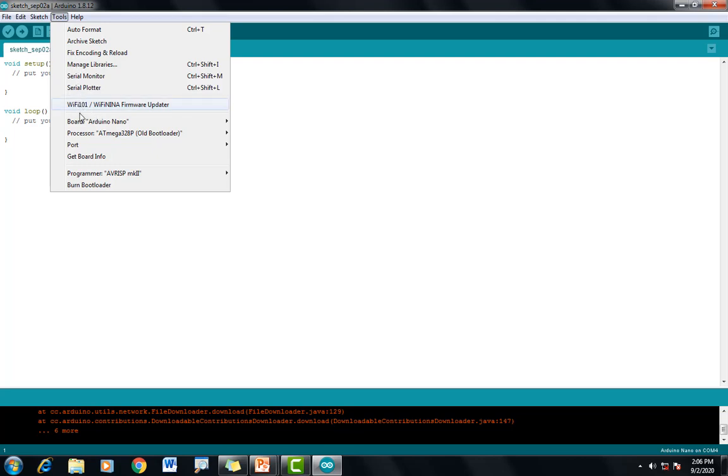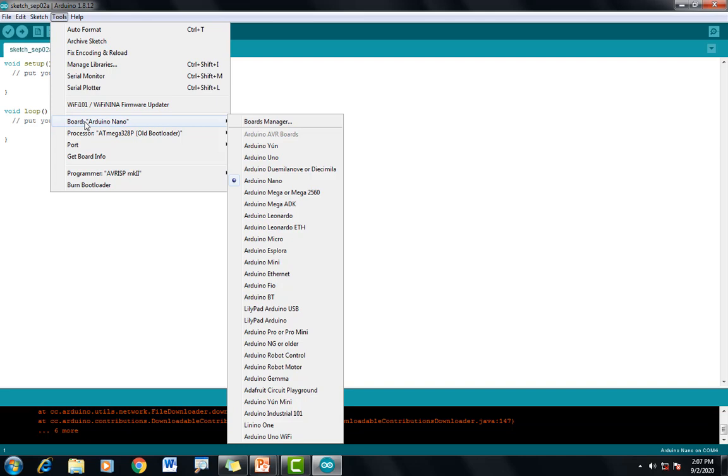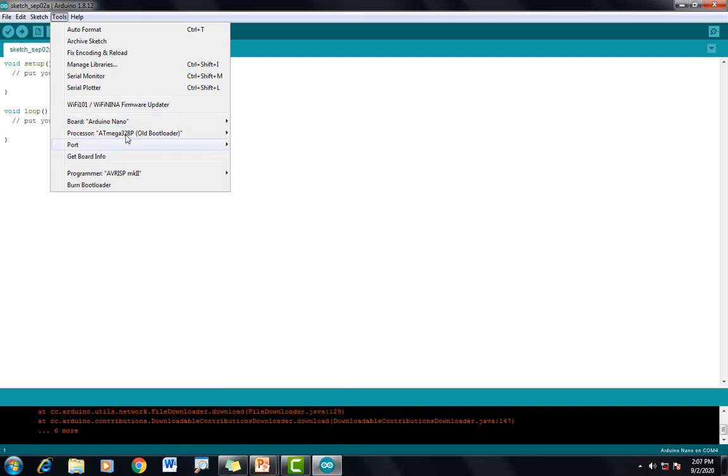Here are the things which you have to follow: see which board you are working on. As I said in my previous class, there are several Arduino boards. Here I will be working on Arduino Nano, so I have selected Arduino Nano. For the processor, it is my old bootloader which I am using, so I have to select the old bootloader.